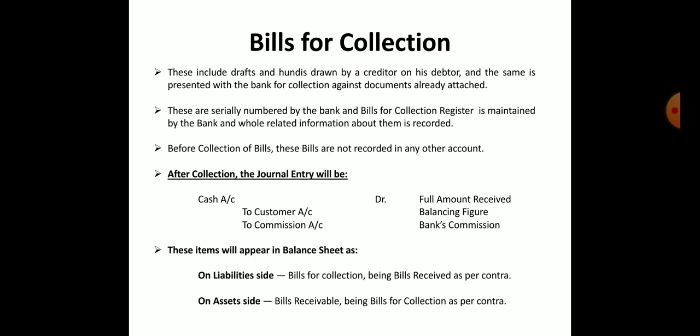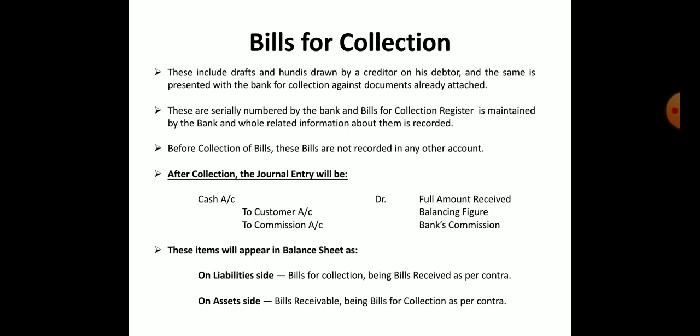For example, if I have gone to a shop to buy clothes, and I do not have cash, credit card, or debit card, I will request the shopkeeper to please give me credit. Then he will ask for some bill. Then I will issue a post-dated check, that is a check dated after today. For example, I have purchased the clothes on 1st of April, and I have issued a check of 10th of April. Then he will move to the bank on 10th of April for withdrawing on that check. So that is known as bills for collection,